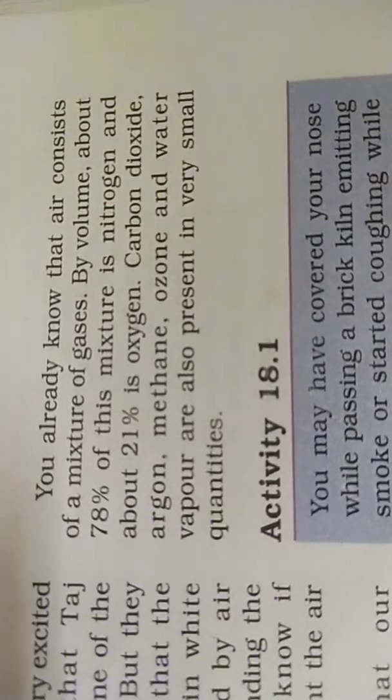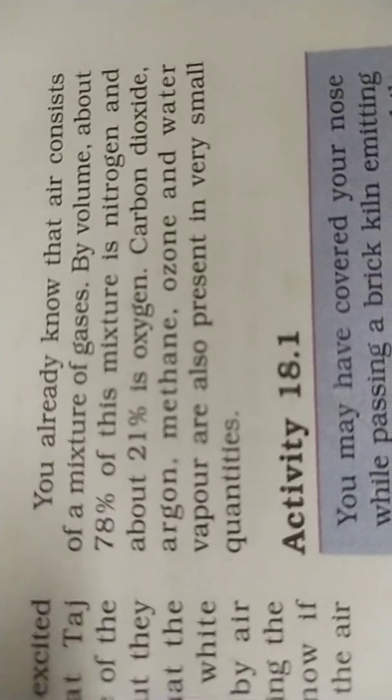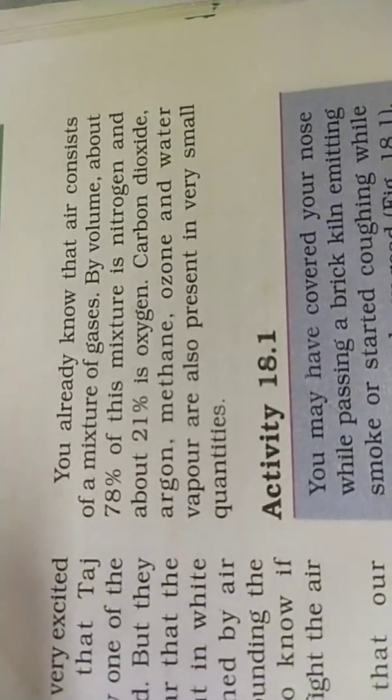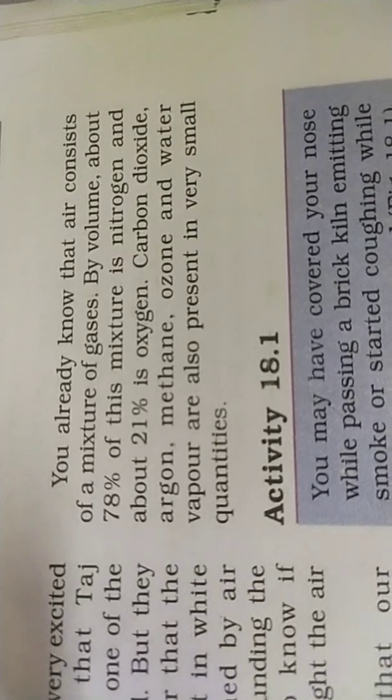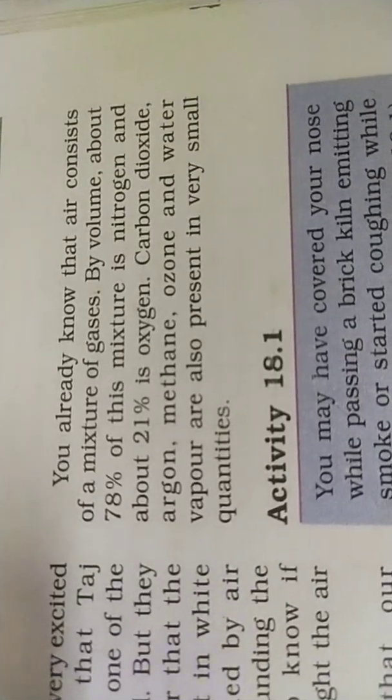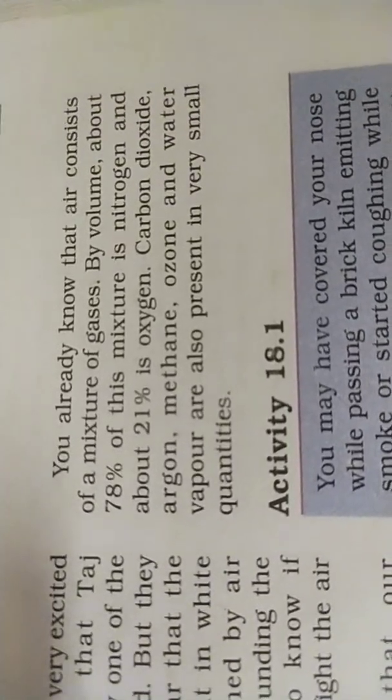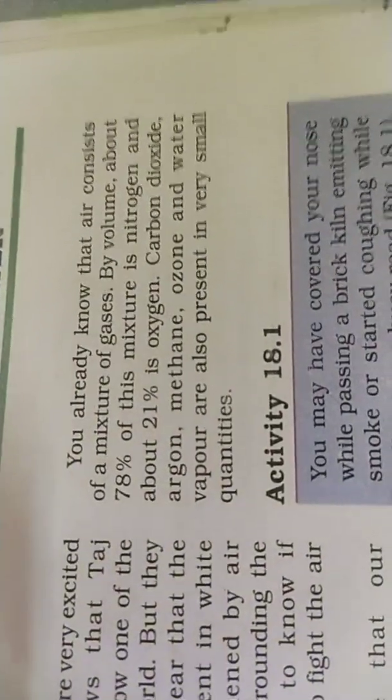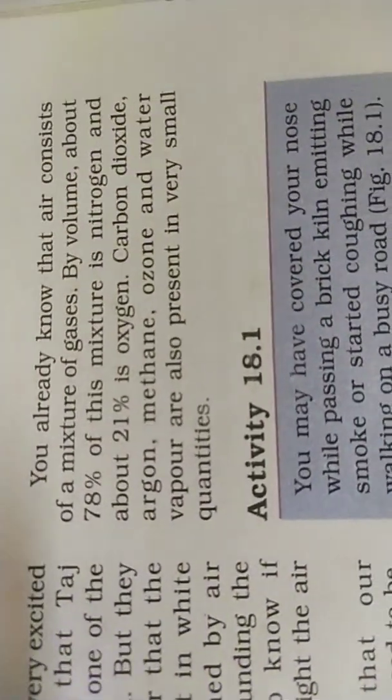By volume, about 78% of the mixture is made by nitrogen, about 21% is oxygen, and the rest 1% has carbon dioxide, argon, methane, ozone and water vapor. Okay, this is the constitution of the air. Now you can see in this activity how many vehicles are moving on a road and